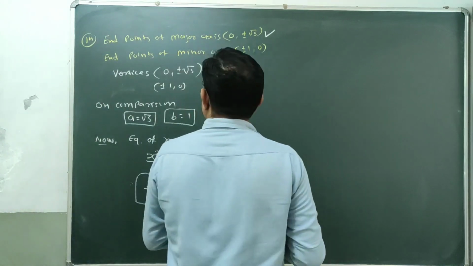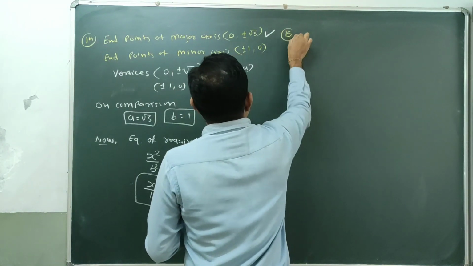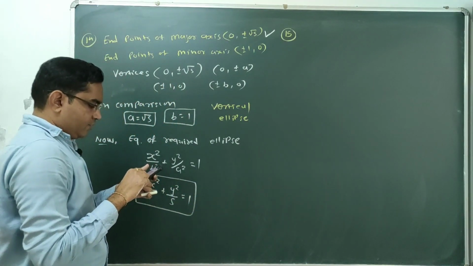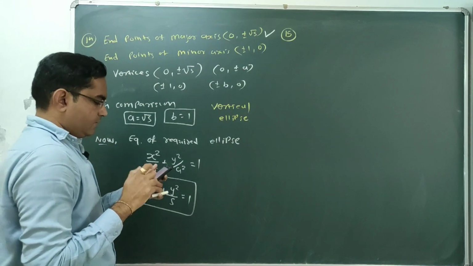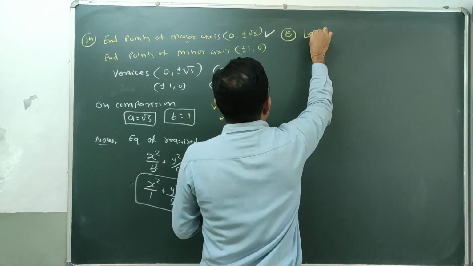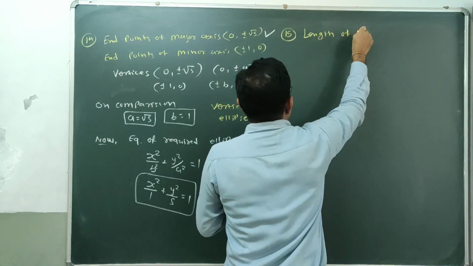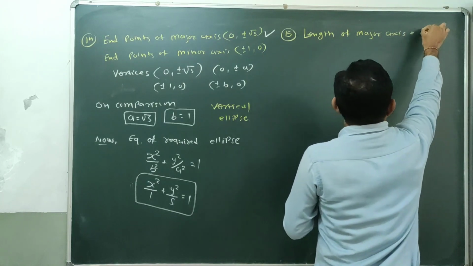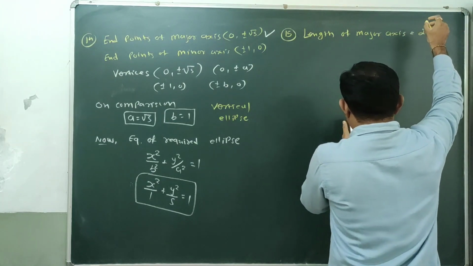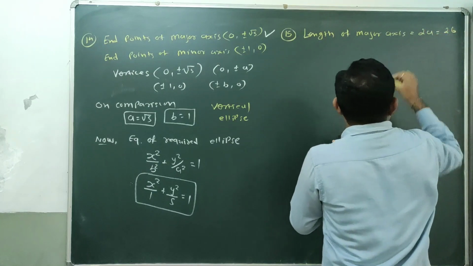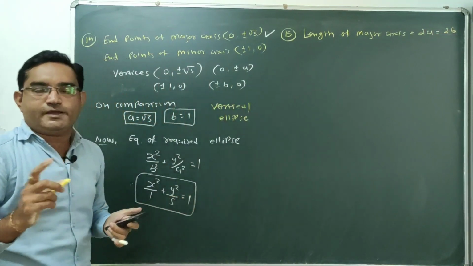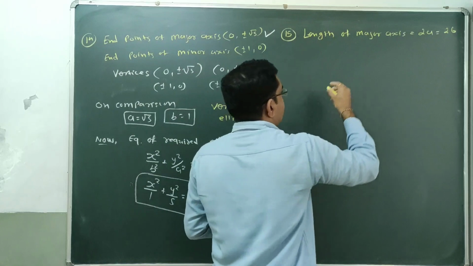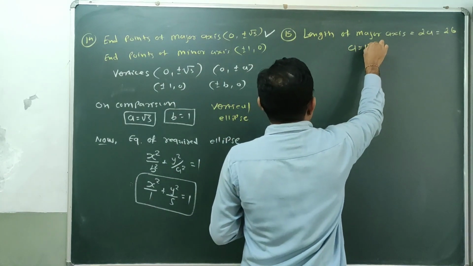Now question number 15. Next question, students. Here you have to find the equation of the ellipse. The condition given is the length of the major axis. Tell me, what is the length of the major axis? Yes, very good, twice of a. So the length of the major axis is nothing but twice of a, and we are given that it is 26. So twice of a equal to 26. Hence we get a equal to 13.